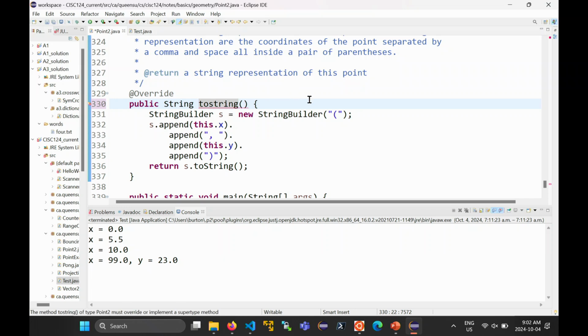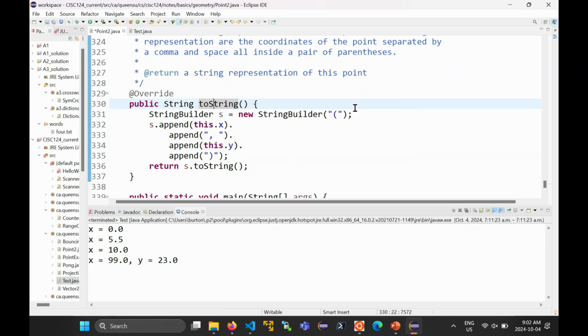Instead of capitalizing the S, if I accidentally turn it into a lowercase s, and the override annotation is here, the compiler will flag this as an error. So notice that Eclipse says, the method toString of type Point must override or implement a supertype method. That's the compiler's way of telling you the method in Object named tostring is not called that. It's called